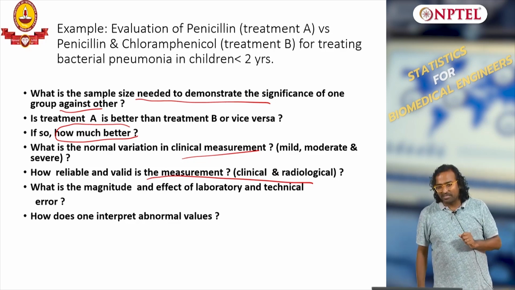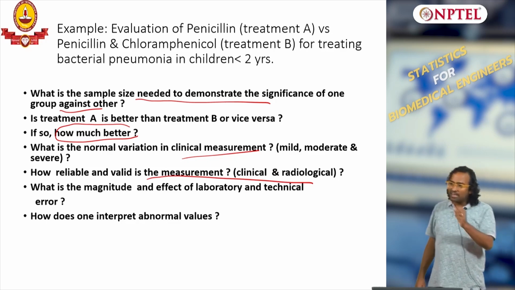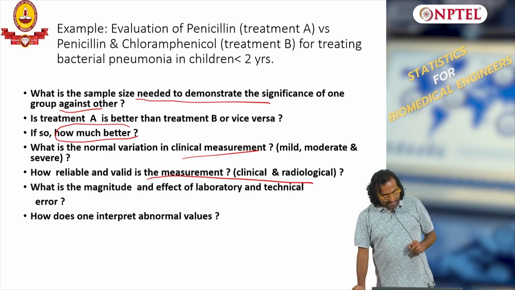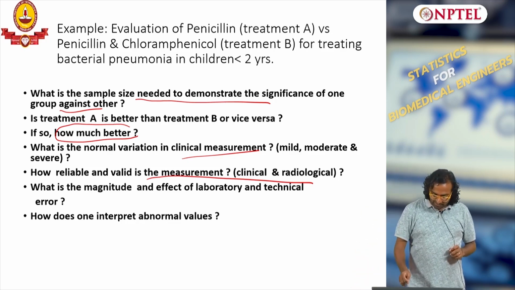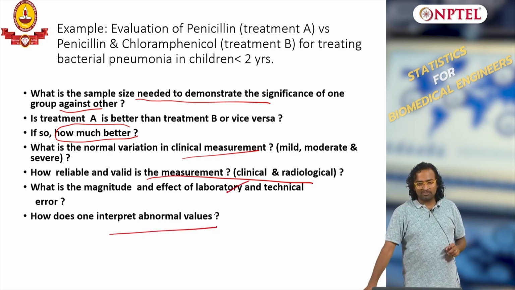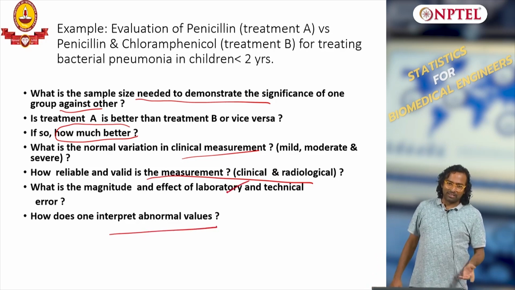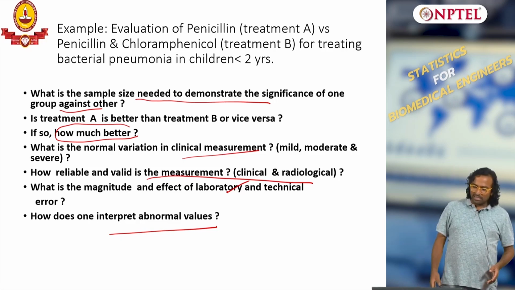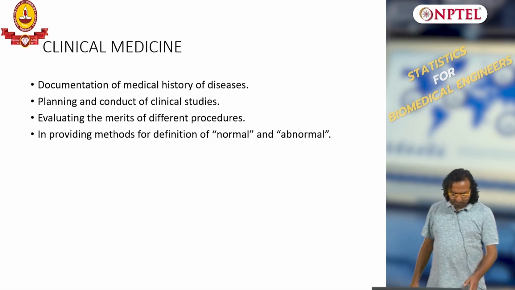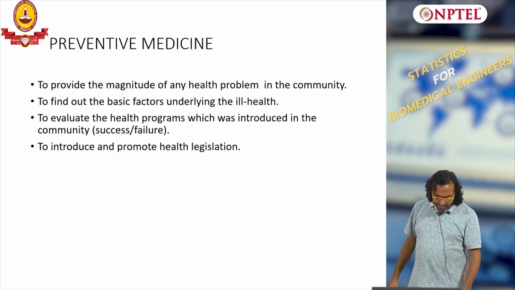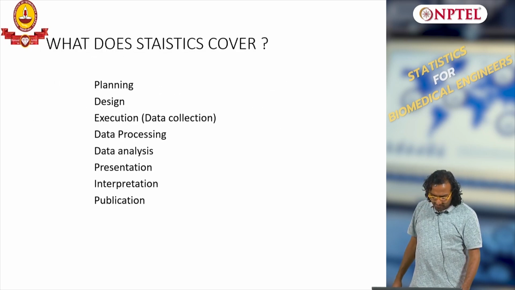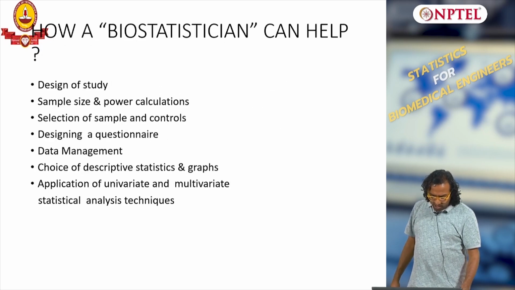So clinical measurements, radiological measurements and inferences by the doctor, how do I put it, okay. Technical errors, that is always there. How does one interpret abnormal values? Is it an outlier, is it something to do with the sample, etc. So these are some of the questions, a simple case we will have. If you look at it, what are the areas we look at, clinical medicine, preventive medicine, and what do we cover